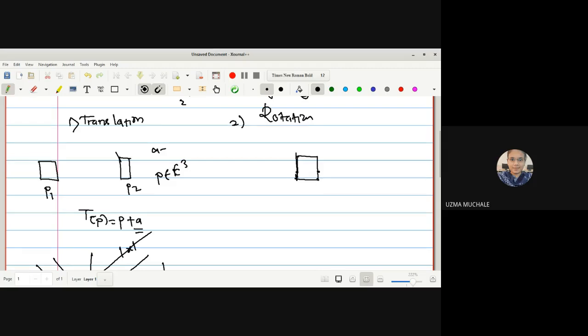Suppose I fix this point. So this table can now be rotated in this way. Okay, so it can be rotated in this region, right? But it cannot be translated because we have fixed the position of the particle. So if I fix the position of a particle, then we can say translation motion is absent. Only we can have a rotational motion. Are you getting this, translation and rotation?